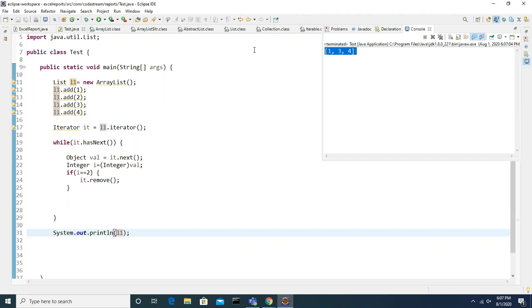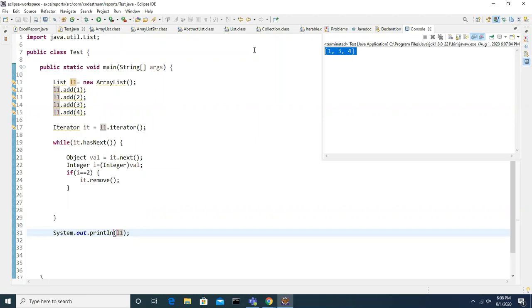So for that, they have already created one iterator. That iterator is going to help you by providing the hasNext and next methods. The only thing is, this is also a loop, right? While is also a kind of loop only. So these methods are going to help you to do that. So what are the methods?